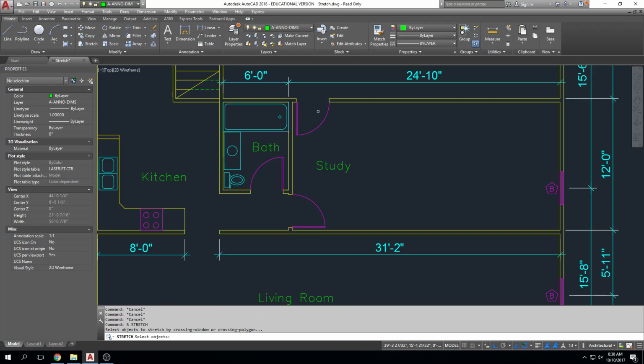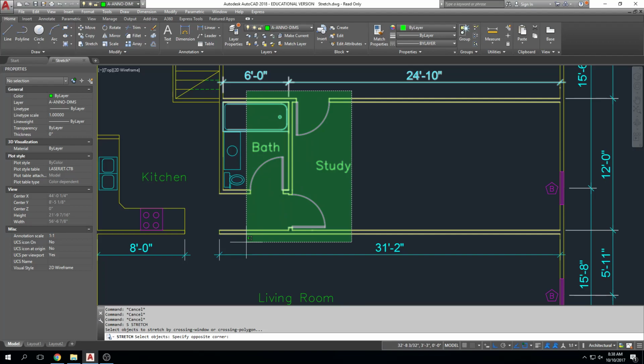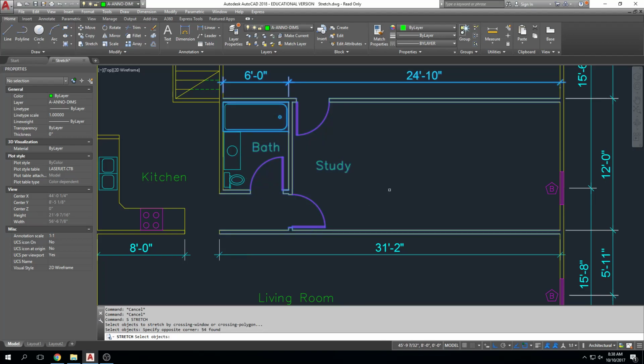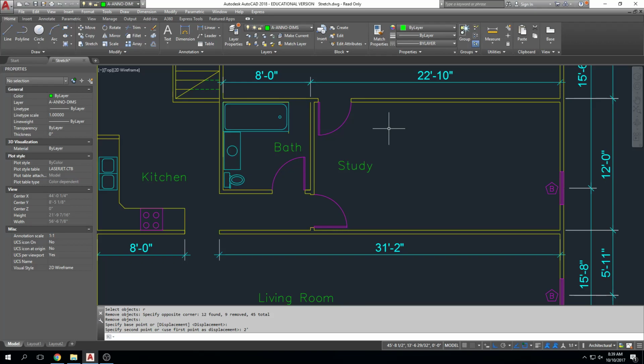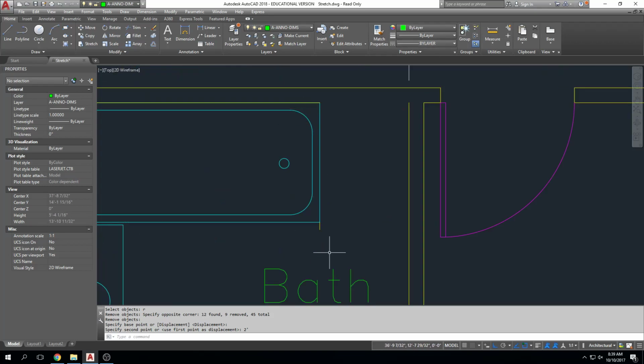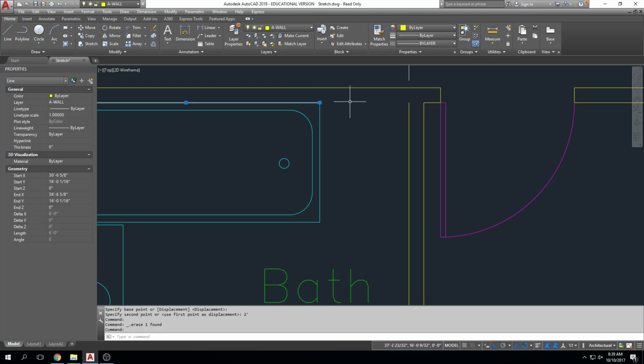So S for stretch. I'm going to grab these objects again. Click. Now R, enter, R for remove. I'm going to remove that bathtub. Enter. Click, move in the direction I want to go, and type 2 foot, enter. Right. Now I'm going to delete that little wall right there, and then you think, well, I've got this space here. Well,